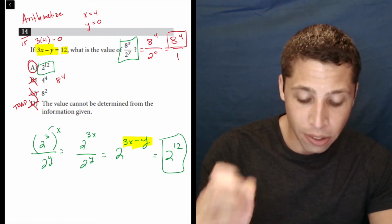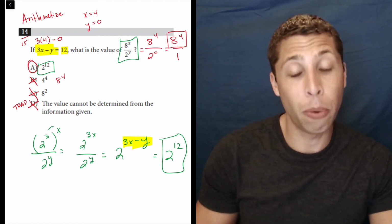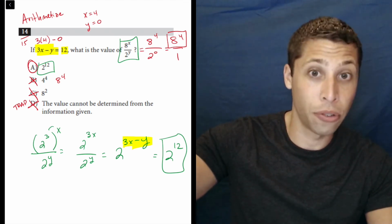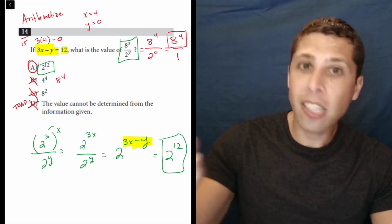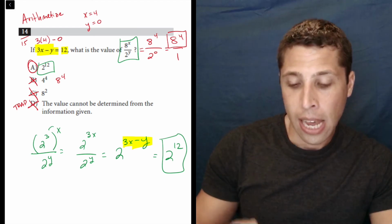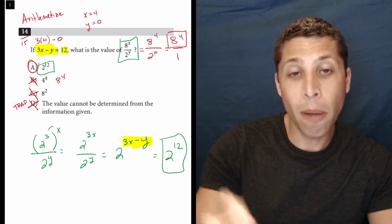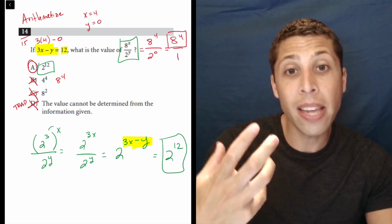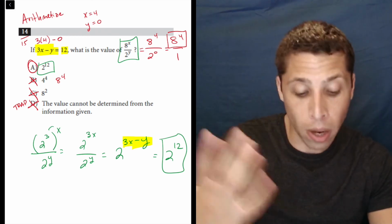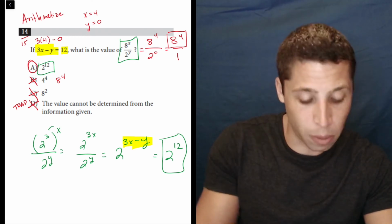However, I will say that knowing how to arithmetize with exponents is really important for some very high level, looking for an 800 kind of scores, because exponents cause lots of problems and you won't always see the kind of convenient thing. And so when we have exponents, a very good number to work with is 0 because it makes the whole thing kind of disappear. 1 is also fine, right? So 1 doesn't make it disappear, but it simplifies it to just that would just be 2 in this case,